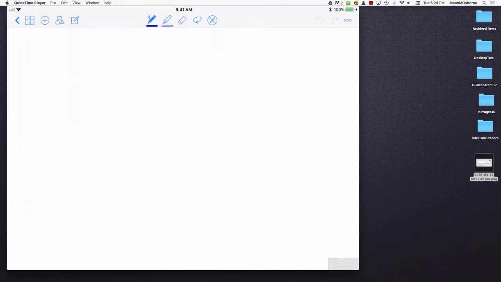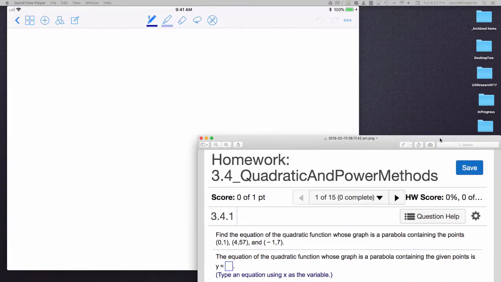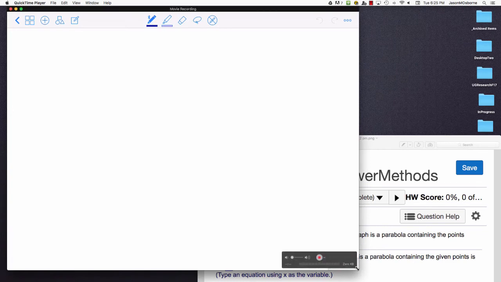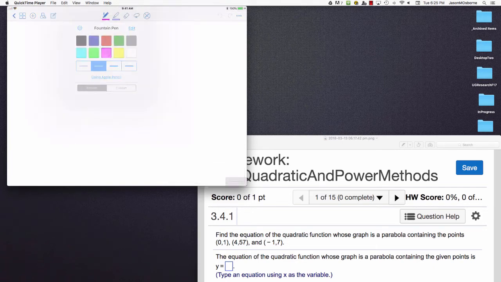Okay, and here's a problem from the textbook. Let's see if I can get this on the screen at the same time just to copy it down. The question here is to find a quadratic function that fits the data